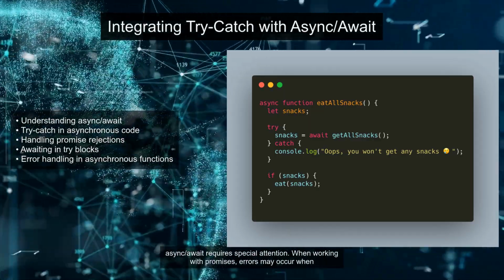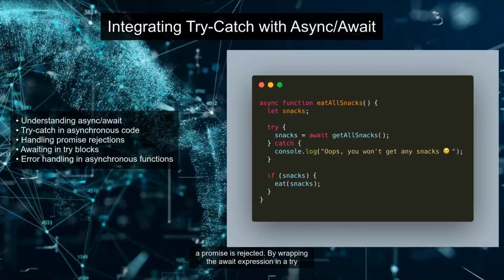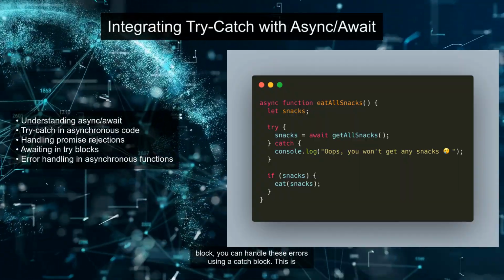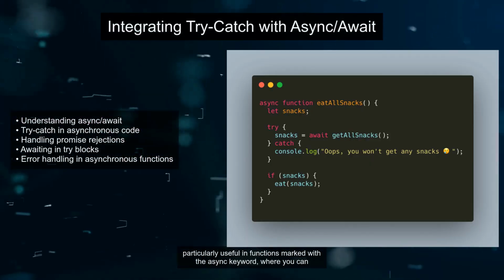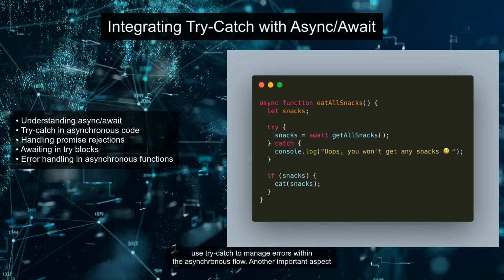However, integrating try-catch with async/await requires special attention. When working with promises, errors may occur when a promise is rejected. By wrapping the await expression in a try block, you can handle these errors using a catch block. This is particularly useful in functions marked with the async keyword, where you can use try-catch to manage errors within